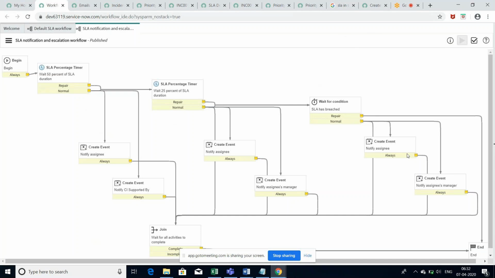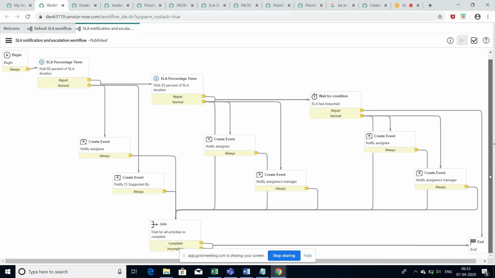Whenever it moves to breach time, it will also send a notification, the create event, notify, assign. Based on the event, the notification is triggered to the particular assigned member. And the join here means the event waits for all activities to complete, I mean the stages complete or incomplete. Whenever it completes,